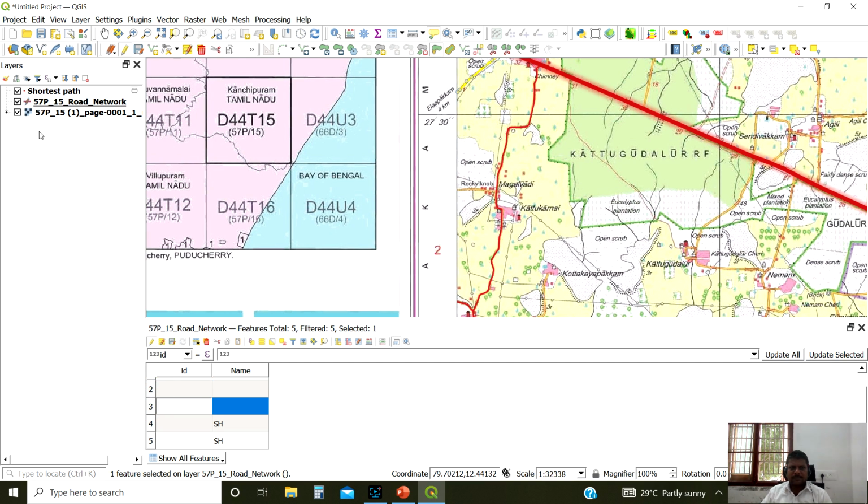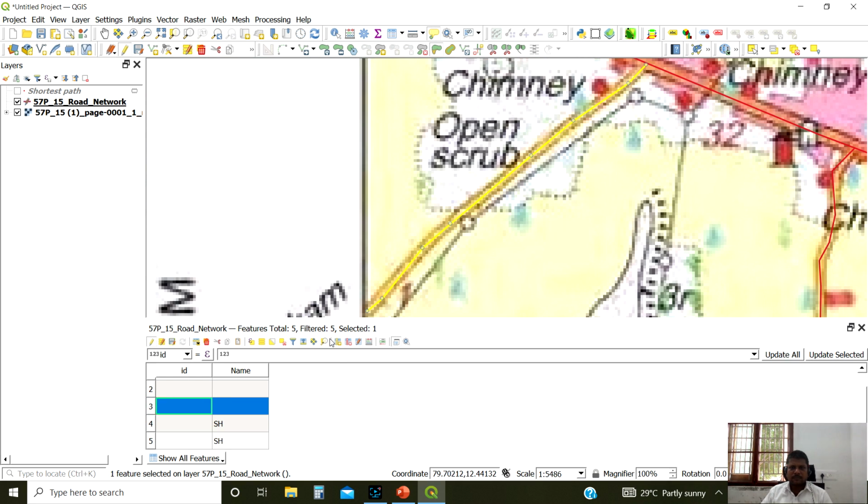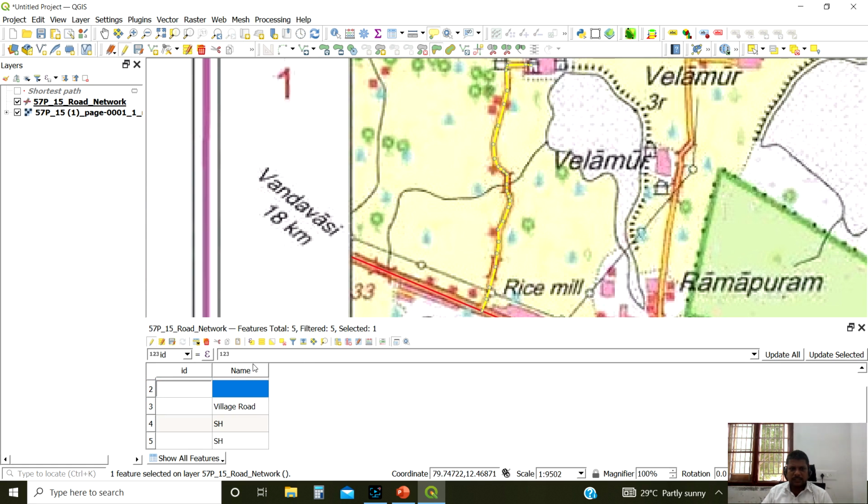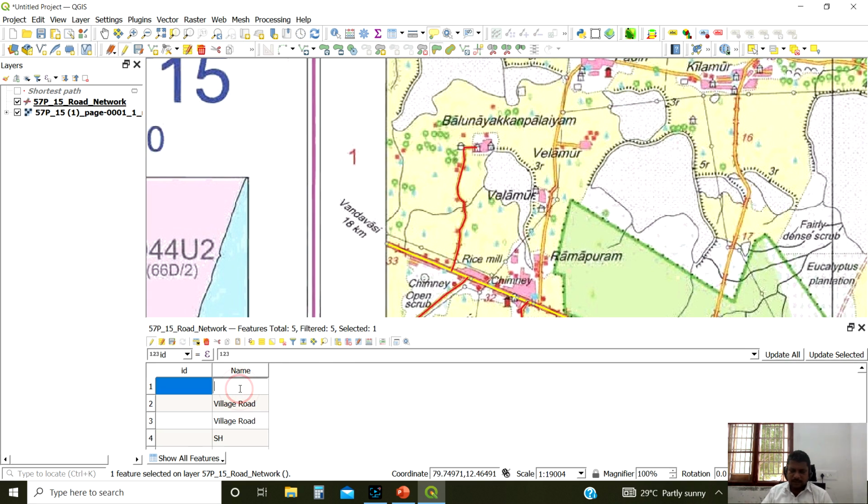And another one, it is a village road. This one you can zoom in and check. That is also a village road. Here, national highways, NH. Like that you can type.